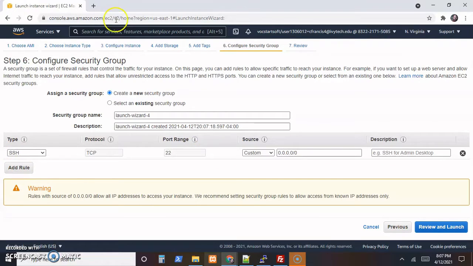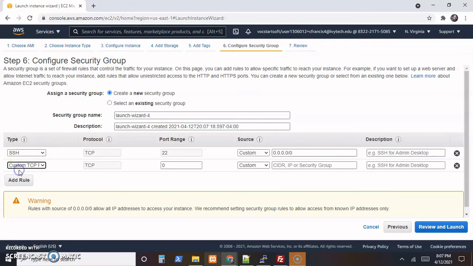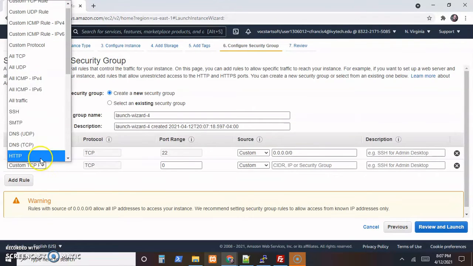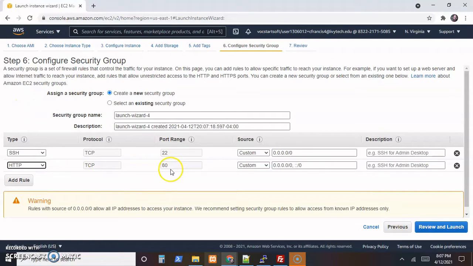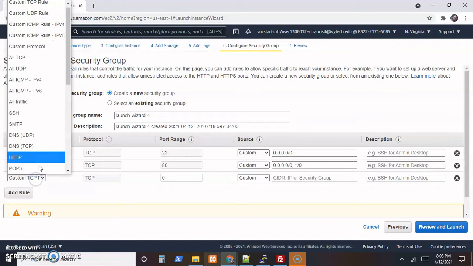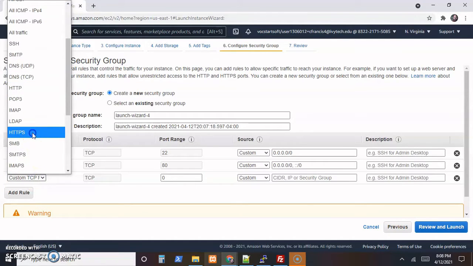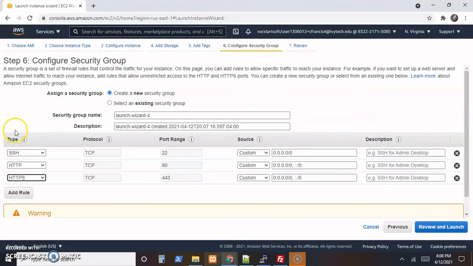But we also need to see this on a web page. So we also need to add an HTTP access on port 80. Again, all zeros for who can access it. And it's a really good idea to have the secure one. Since we're adding the database, I'm going to skip that step. But once again, we just select the HTTPS security group on port 443 and all zeros so that we can